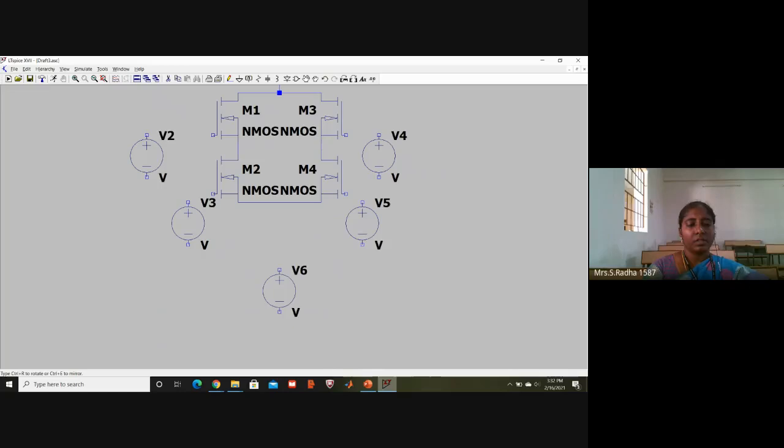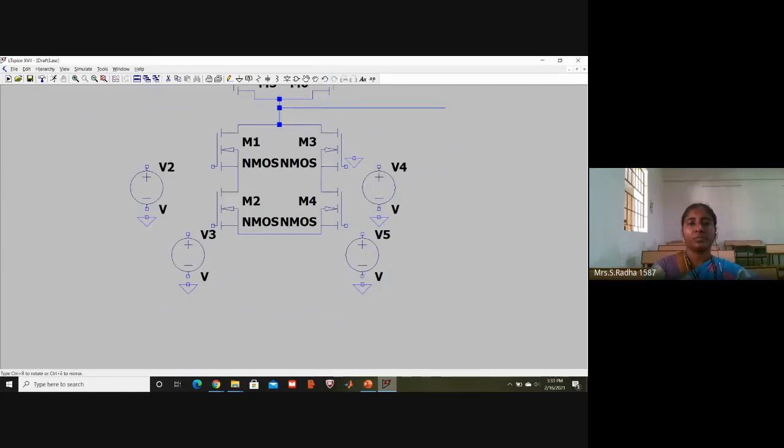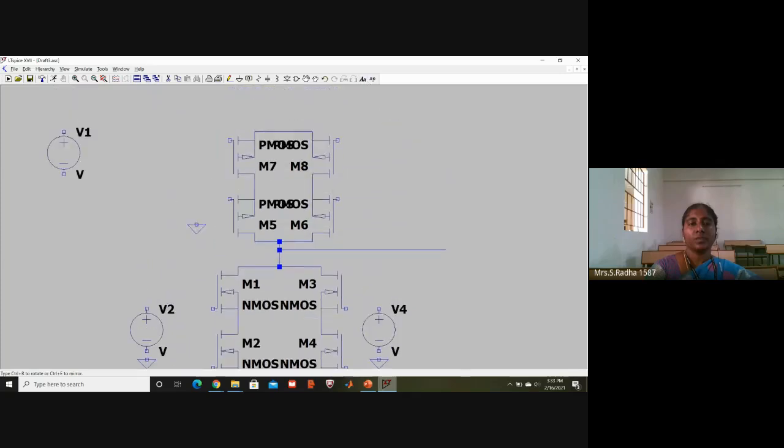And for all this, we need a ground connection. Give one ground connection. Here one more ground connection. And now I will connect the wiring. This is VDD, logic 1, 5 volts we have to give.